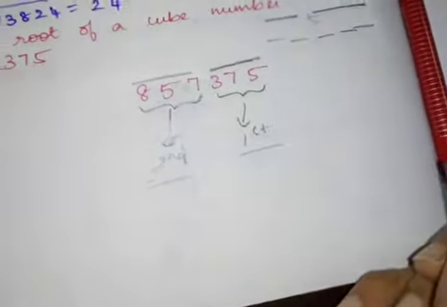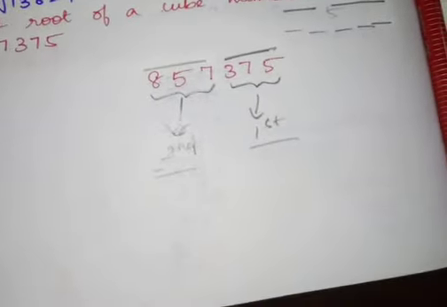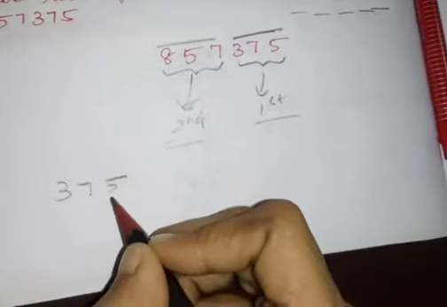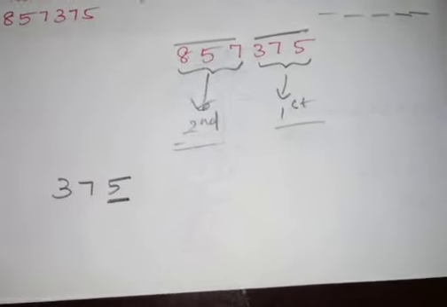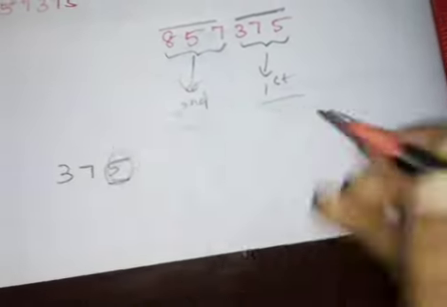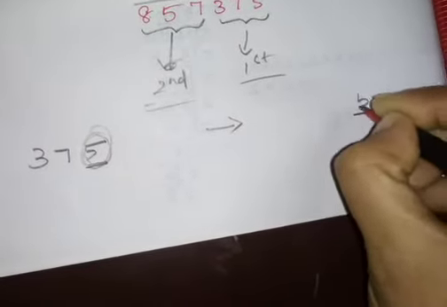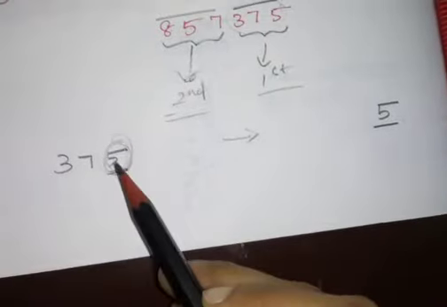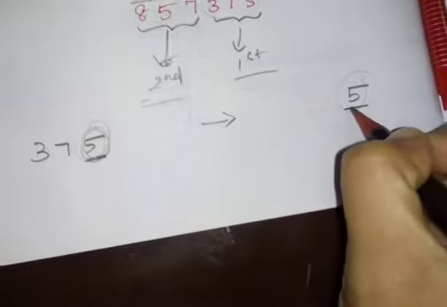Okay, first group, second group, don't forget this, because you are marking it from your rightmost corner. That's why this is your first group. So what is your first group? 375. So what is the last digit in the unit place? It is 5, right? If the last unit digit of the number is 5, then the unit place of your square root answer is also 5. If the first group's unit place digit is 5, then the unit digit of the answer is also 5.